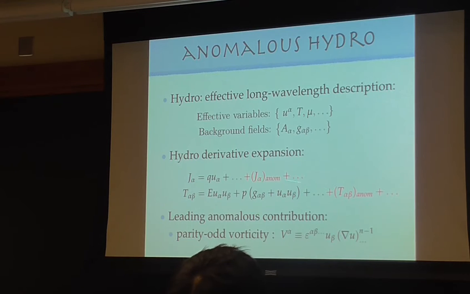And you see, if you want to have parity odd, the first thing you do is put in an epsilon tensor. Just like in the Chern-Simons term, right? If you have any parity odd thing, you put in an epsilon. Now, what does the tensor have to be proportional to? Well, you put u there, you cannot put two u's because epsilon is zero, then you put grad u, and it turns out you can make any number you want. So the first leading term in the 2n-dimensional theory is an n-1 derivative term. In high enough dimension this is really high, depending on how many dimensions you go, it can be as high as you want. So these terms are there, and the leading one is proportional to this v. I guess I can call this the parity odd vorticity.